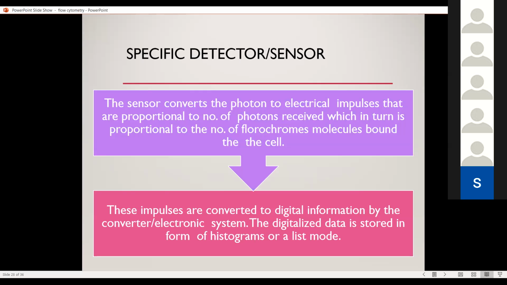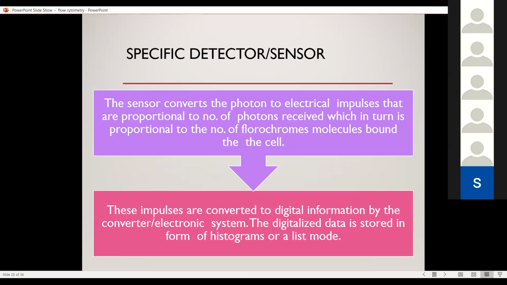On the basis of this, we can discriminate that we have more cells with CD8 markers and fewer cells with CD4 markers, and how many cells with CD4 and CD8 and how many cells without CD4 and CD8. So the detector here converts the number of fluorochrome molecules into a number of photons, which is directly proportional to the electrical impulse. The basic principle is that the detector converts photons to an electrical impulse signal.